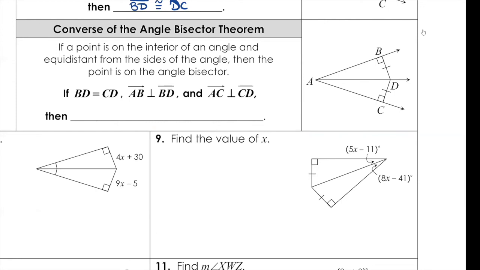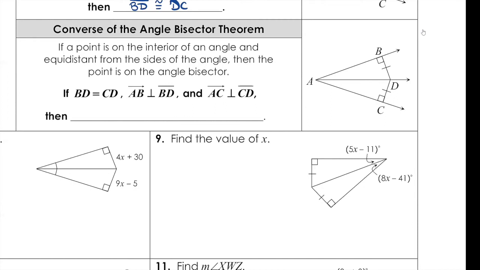Hypothesis and conclusion. So we just take it from being, hey, the angle's congruent, so that side's got to be congruent. Now we're going to say the side is congruent, so what do you guys think the answer is going to be? Congruent. What's congruent? The angles. So on the converse, if they tell us those bottom segments are congruent,